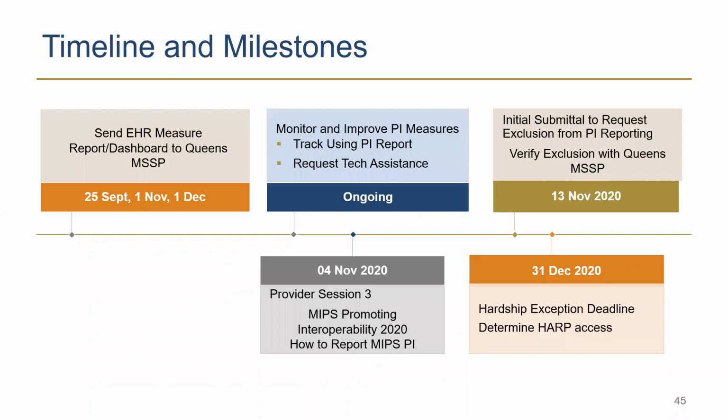Okay, next steps. The first thing I want to remind you is that you were sent an assessment a couple of weeks ago, and that assessment basically walked through all the steps of looking at your performance results for the PI category. That is due, I think, today, so turn that assessment in if you've not already done so. That lets Queen's see how everybody's doing on the PI category and gives them some information to help determine what help you may need down the road and what other assistance we may be able to provide.